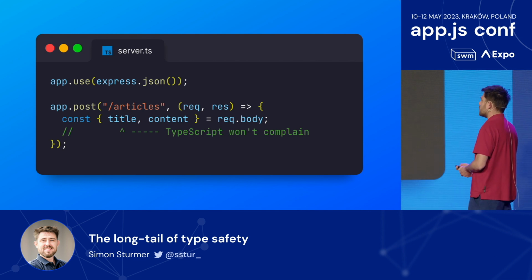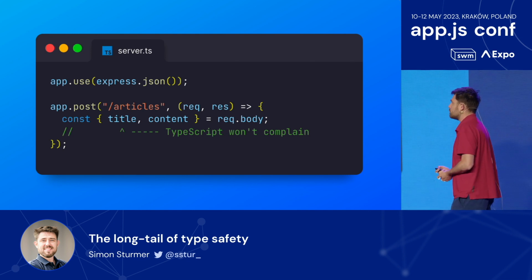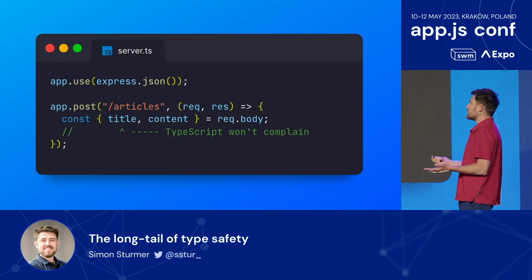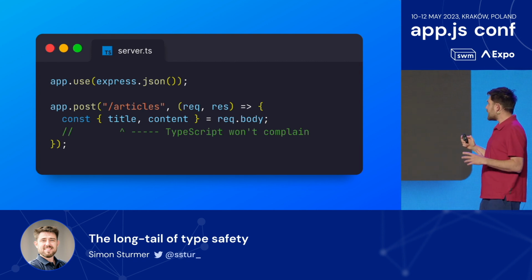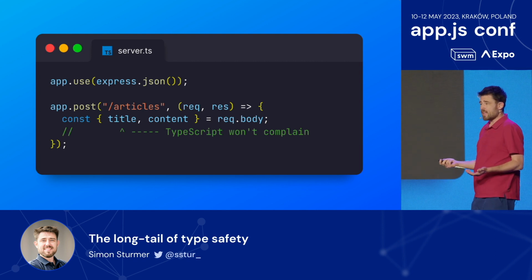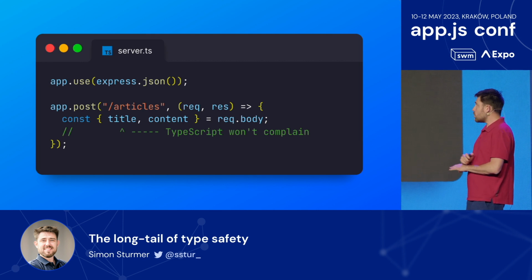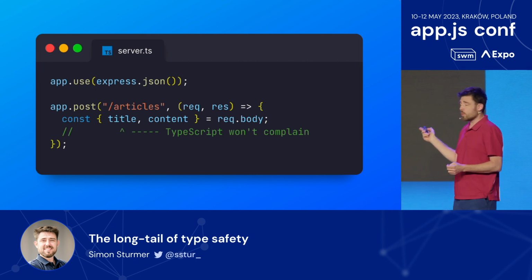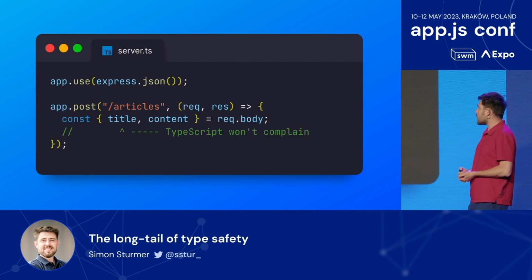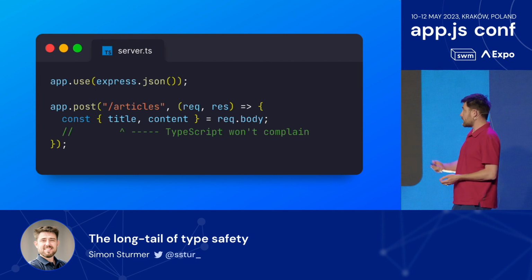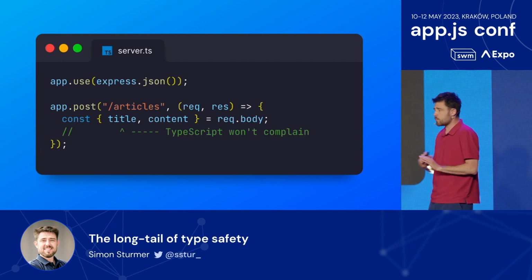I'll use this example here, from a Node.js backend. I think this is one of the examples from their website. We try to get some data from request.body. And it's not just that TypeScript doesn't know what request.body is, it's that we can't even know. There's no way to know what will be in request.body because it's whatever the user sent us in an HTTP request. So there's not a great solution to this out of the box. You'll see code like this all over, and that of course will break at runtime if you're not careful, but TypeScript won't complain. TypeScript will be totally fine with this.